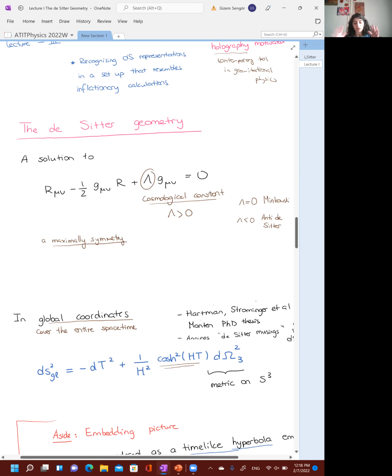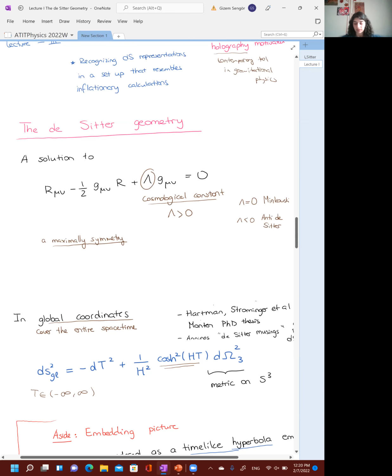Now, if you look at this cosine hyperbolic function, t runs over all time, so minus infinity to infinity. From 0 to plus infinity, the value of the cosine hyperbolic function increases. So from time 0 to future, the spatial sections are spheres that are growing. From minus infinity to 0, the cosine hyperbolic function decreases. So this would be a sphere that is shrinking towards T0, this capital T0, and then growing again from T0